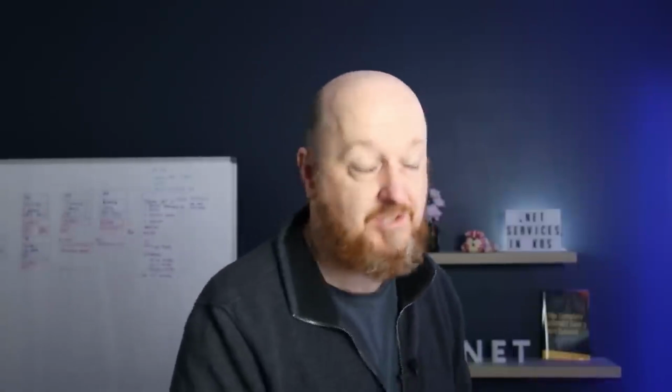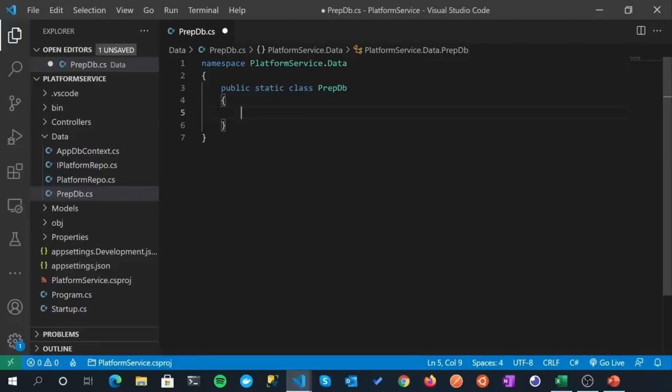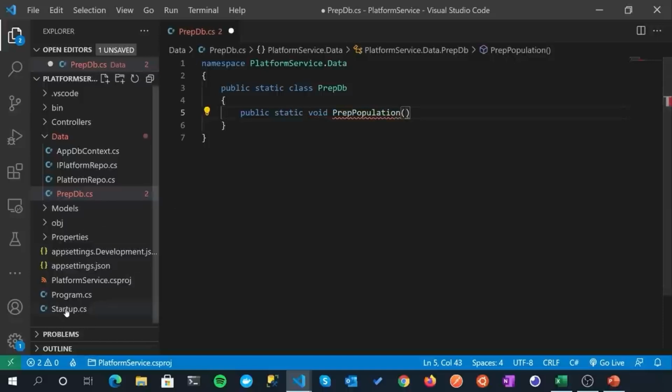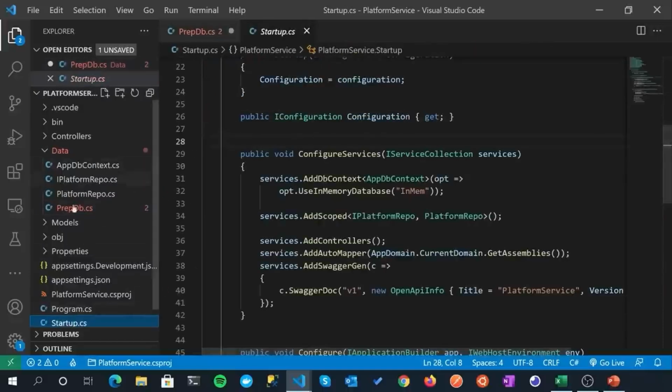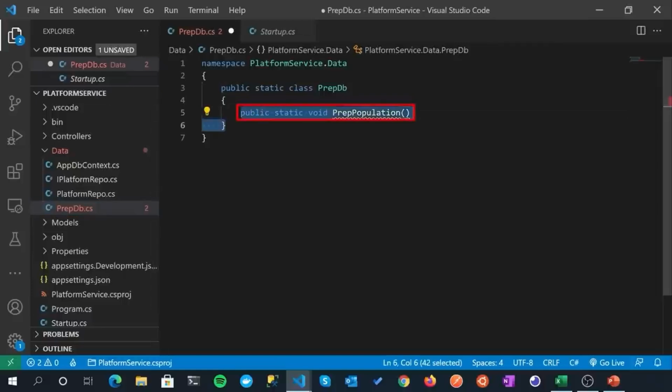So that's the two reasons. We can't use constructor dependency injection, and I'm using a DB context mainly because I want to use it eventually to create some migrations. All right, with that being said, let's create the signature for our first public method. So it's public static void, and I'm going to call this PrepPopulation. Now, before we define what we're going to pass into it, if we come over to our startup class, we're going to call this PrepPopulation method on this class from startup.